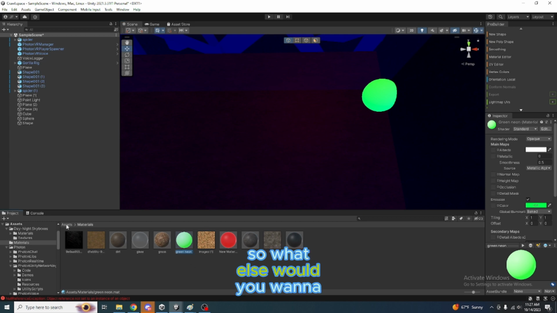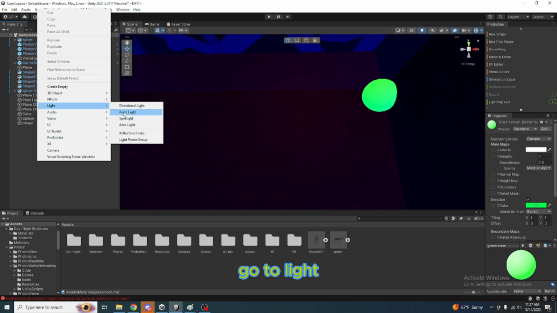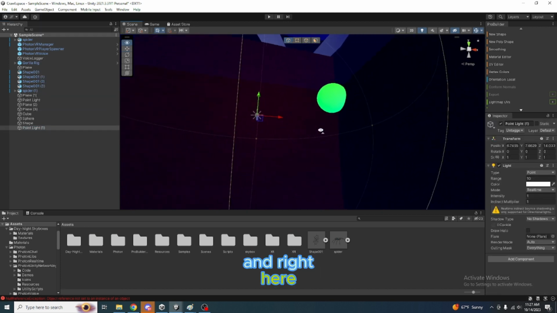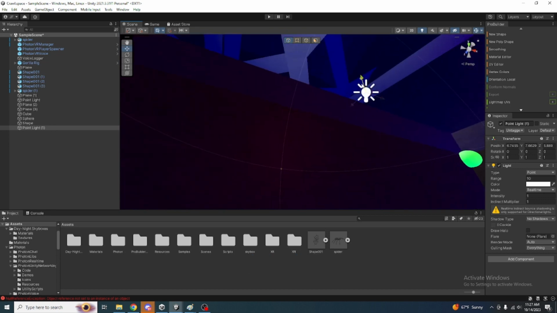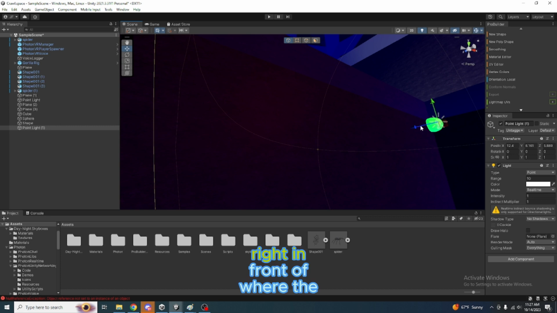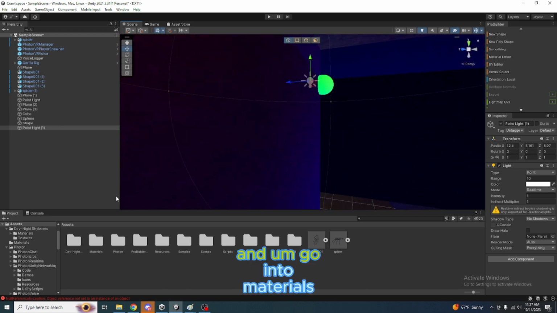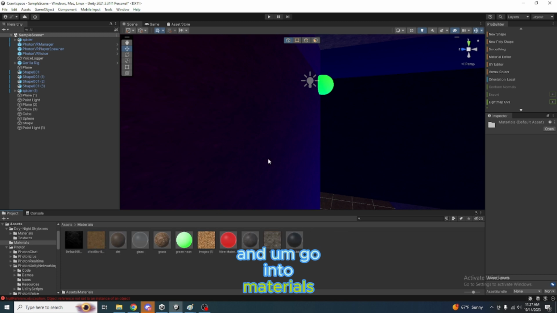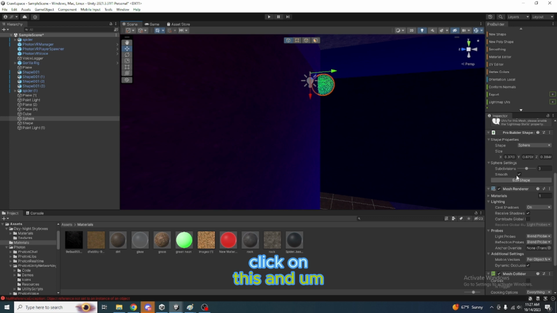So what you want to do is right click, go to light, point light, and bring it over here, right in front of where the object is, and go into materials, click on this, and